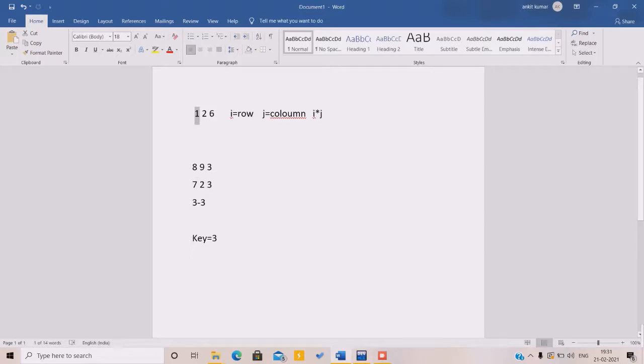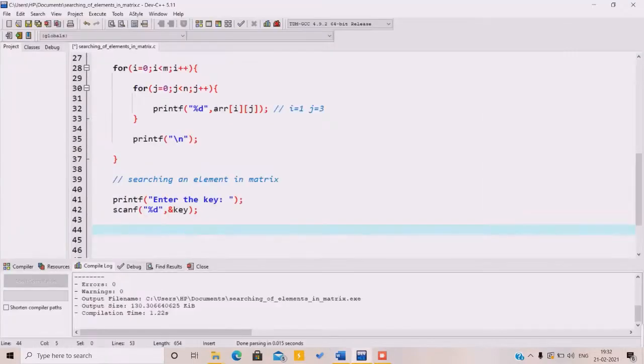If it is equal, then just print the position of this element. Otherwise it compares it with the next element, this and then this, and if the element is equal to the number we are going to find, then just print the position of that element.